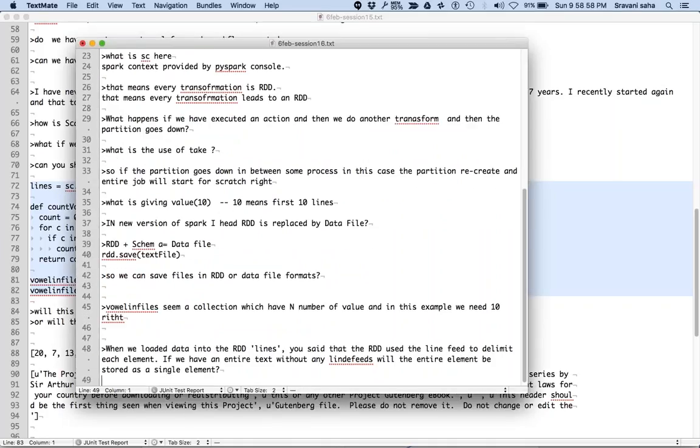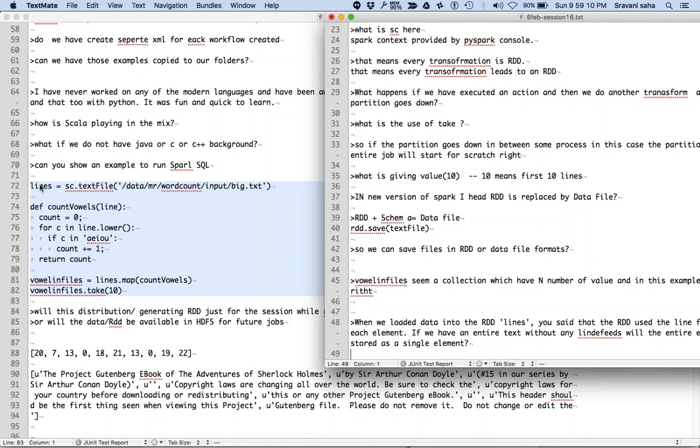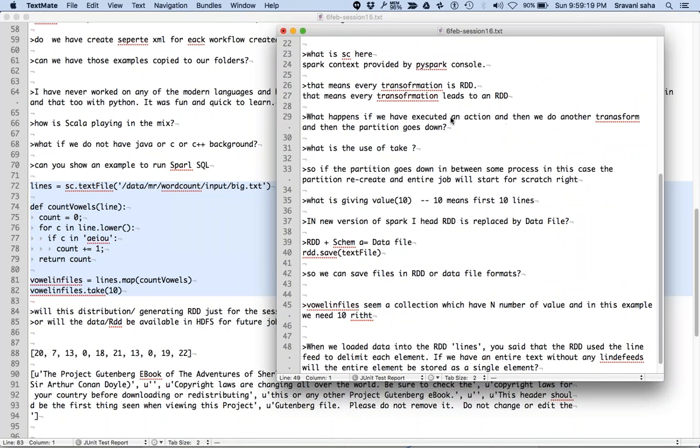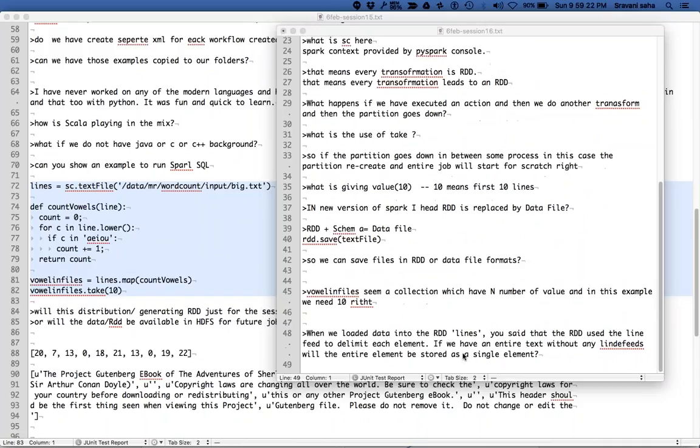a very good question. Here is another good question from Suraj. When we loaded data into the RDD called lines, you said that the RDD used the line feed to delimit each value. Yes. Lines is essentially, if you think of it, like a big array.